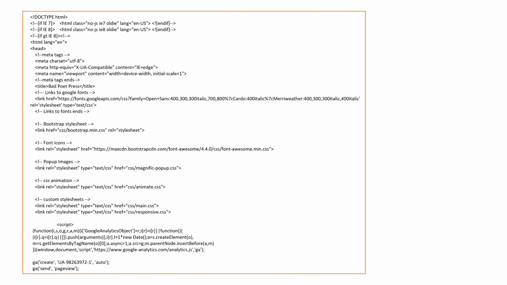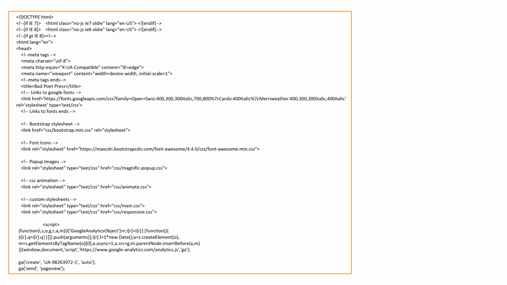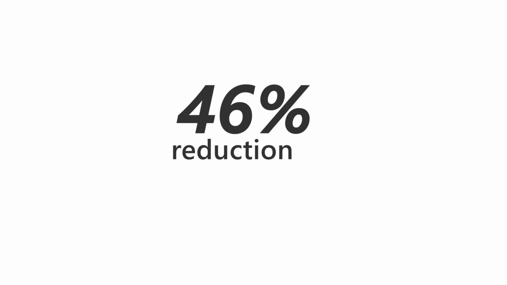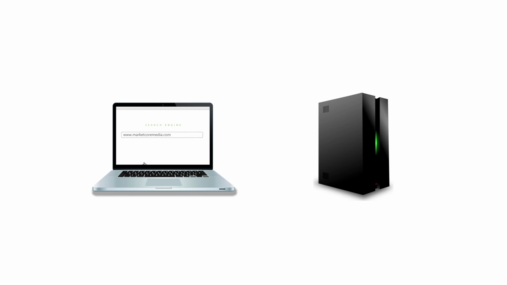If we apply this to our entire page with all the div tags and all the tags like body, paragraph, images, lines, and so on, as well as hrefs, all our style classes, and so on, our uncompressed web page that clocks in at 167 megabytes comes down to a lean and mean 78 megabytes once compressed, a whopping 46% reduction in file size. Rock and roll.